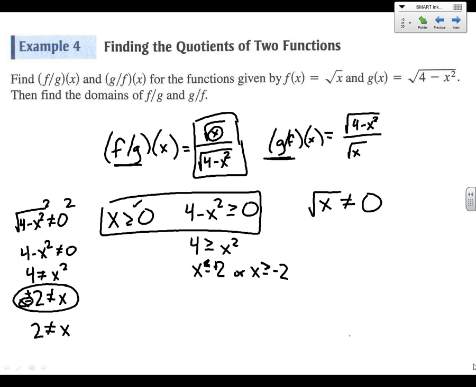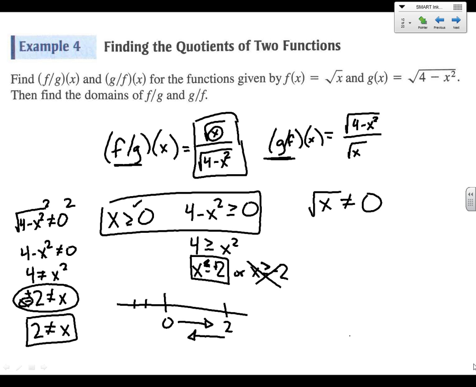So let's go ahead and put all three of these things together. We know that we have to be greater than 0. Let's look at a number line here. 0. We know that we have to be greater than 0. We have over here, we have to be less than 2. We know we have to be greater than or equal to negative 2. But we also know we have to be bigger than 0. So this is kind of a duplicate here. We know that we cannot equal 2